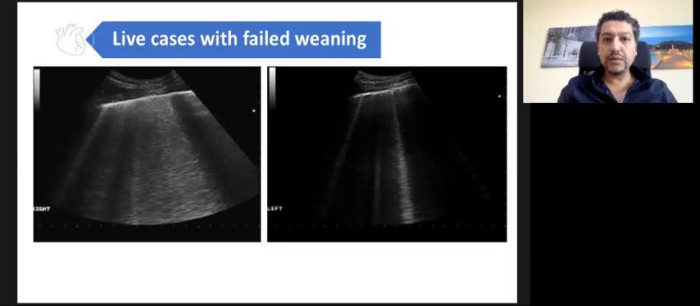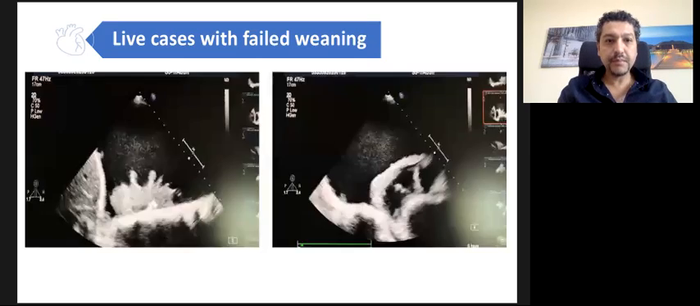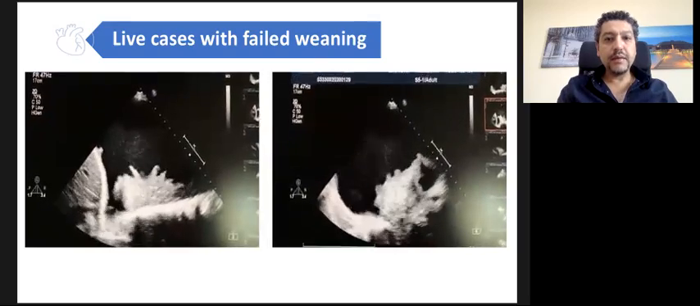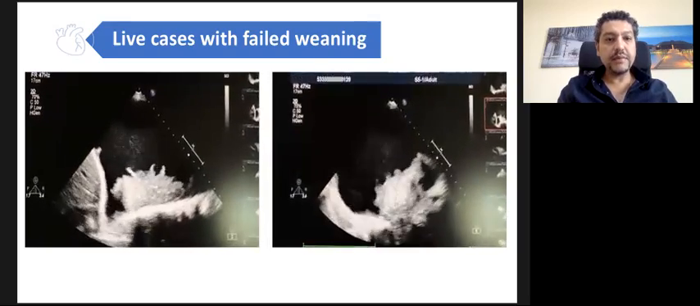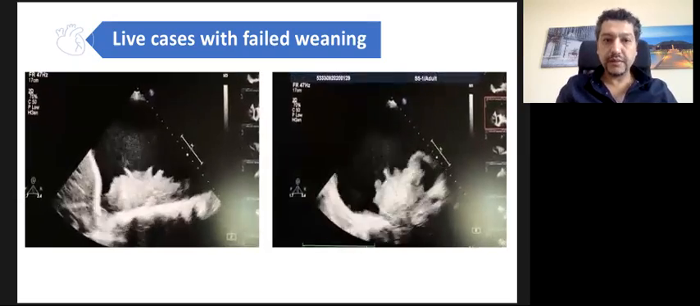So you cannot do an ultrasound on the lung for this patient during mechanical ventilation and take a decision immediately that you should wean this patient. You have to manage first by treating the pulmonary edema. So this is very interesting. We had this slide as well yesterday during the lung ultrasound